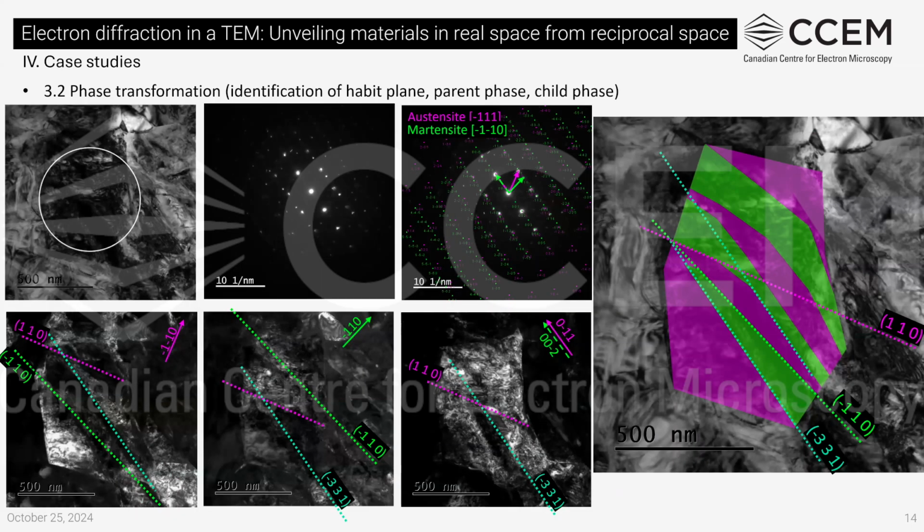Then the second example is for phase transformation. If you have two or more phases inside your material, we can tilt the phases into zone axis and get a diffractogram from the materials. Here, for example, we have two phases in the zone axis, and we index two sets of diffraction spots. We get austenite nickel titanium in the -1,1 zone axis and martensite nickel titanium in the -1,-1 direction.